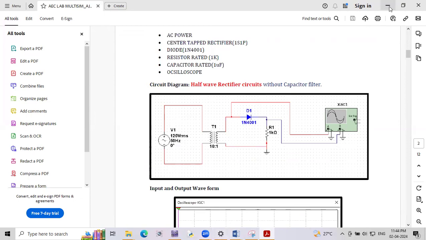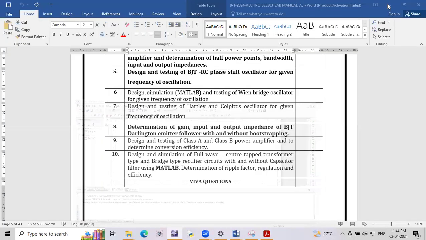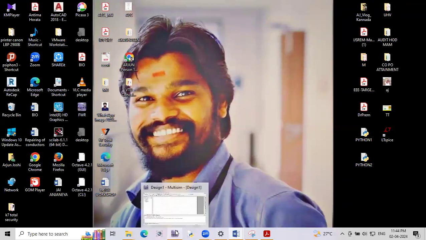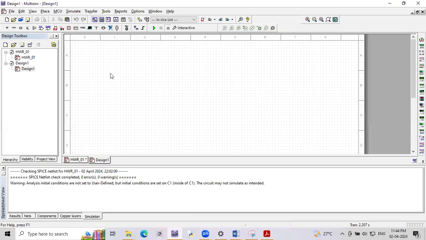Before that, I'm going to show you how to open Multisim. This is the icon of our Multisim 14.2. Whenever you double click on that icon, you will get this kind of page. Here, I'm going to save first. Go to File, Save as, and save the circuit